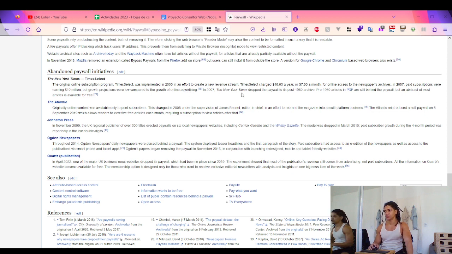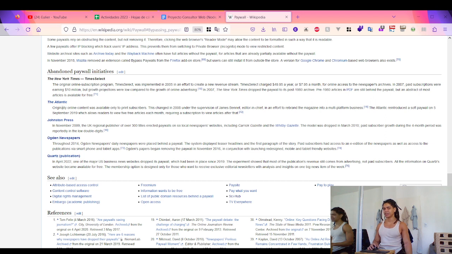In 2007, the New York Times dropped the paywall on the post-1980 archive. Pre-1980s articles in PDF are still behind the paywall, but an abstract of most articles is available for free. So the New York Times created a paywall for that.